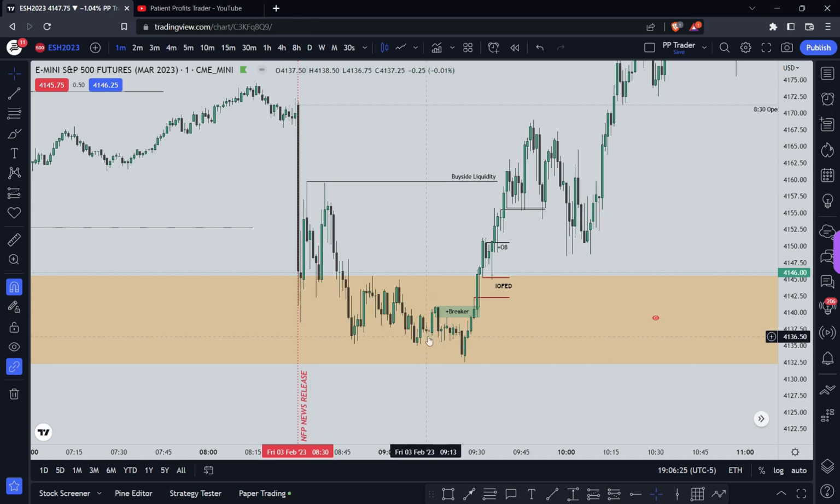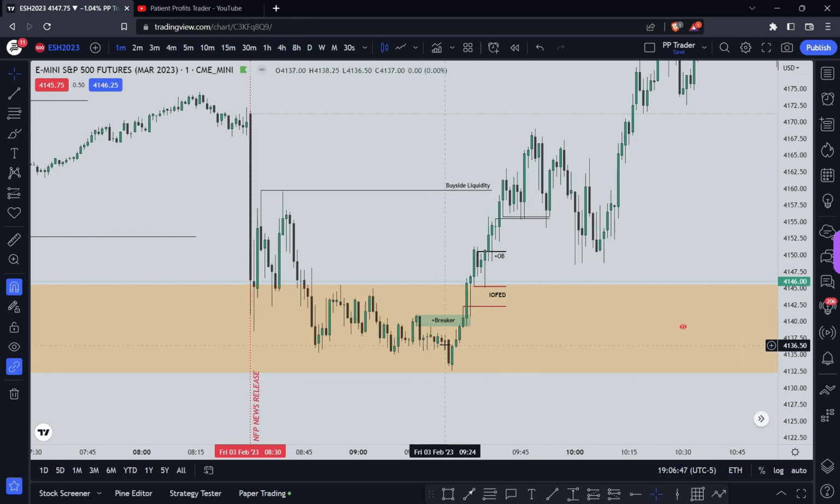when I saw this form, I saw this breaker forming. Okay, so we had a low, we had a high, we had a lower low, and then we broke past this candle right here, which sets the stage for a bullish breaker. Okay, so